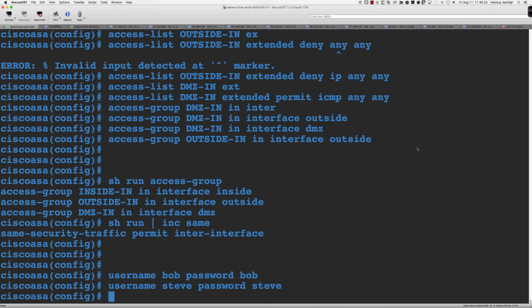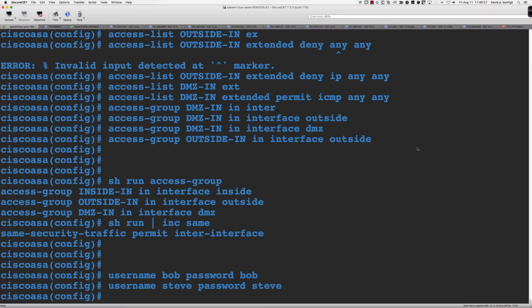Well, remember, in a small deployment like this, you're going to have to create these usernames anyway, but the benefit is going to come from that AAA authentication enable command, where they're going to have to enter their own credentials